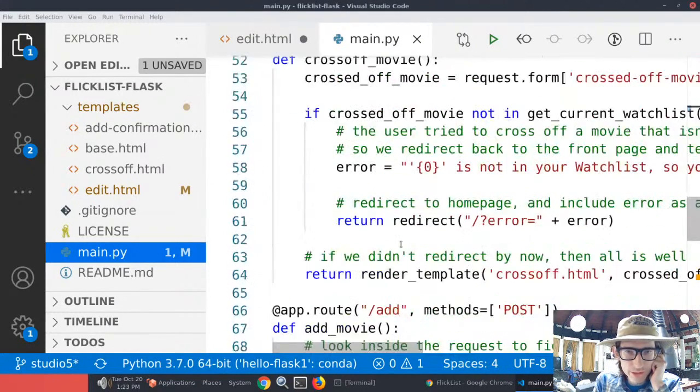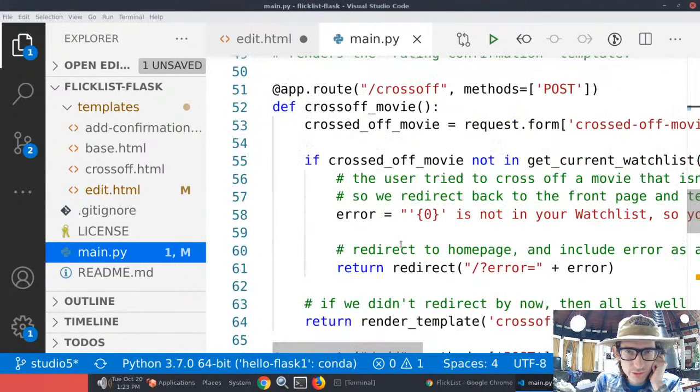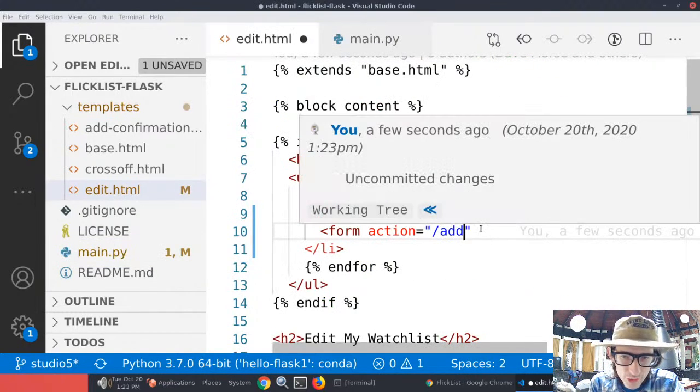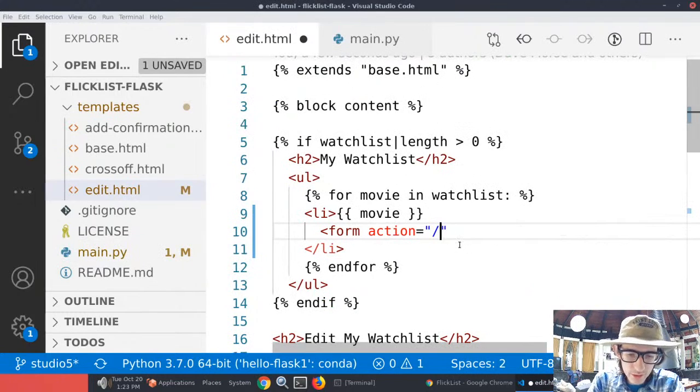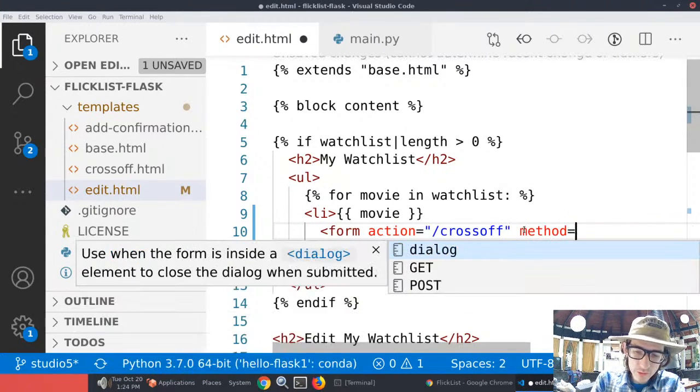I want to make sure they have it the same way here. So /cross off, we're going to go there, and we want to send the name of the movie using the post method, because that's what this is expecting to receive. So the action is bringing us to the cross off route, so that we can use that movie data to know which movie to cross off. The method is post,